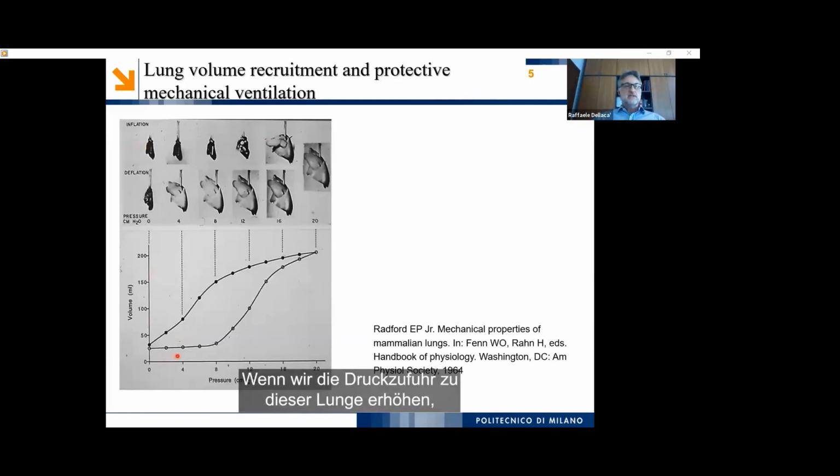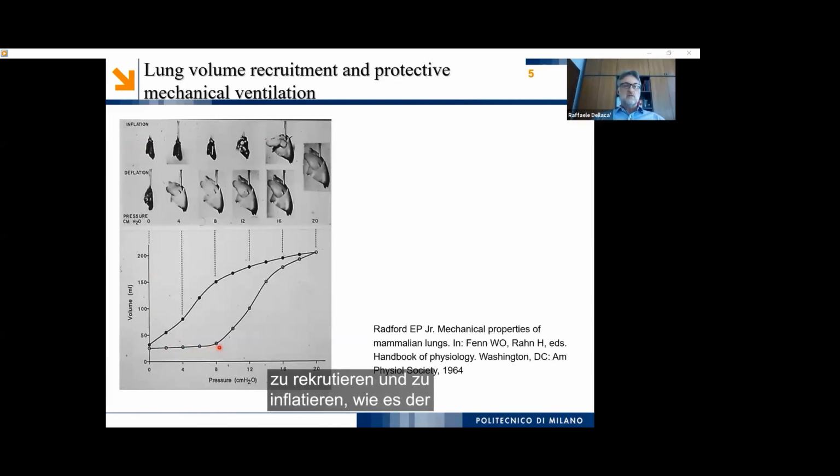If we start to increase the pressure applied to this lung, we can see that at the beginning of this inflation, we cannot increase the volume of the lung. It's only when we overcome a critical pressure that is changing between lung to lung, patient to patient, and condition to condition,